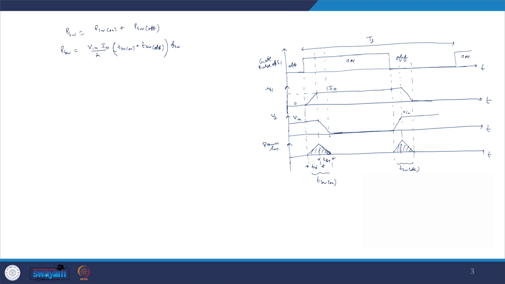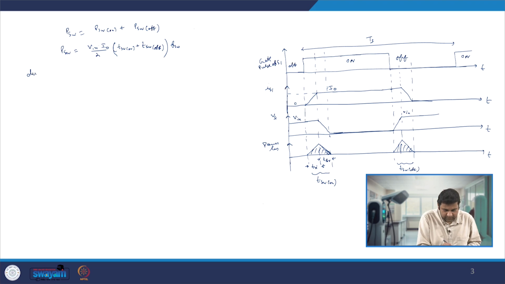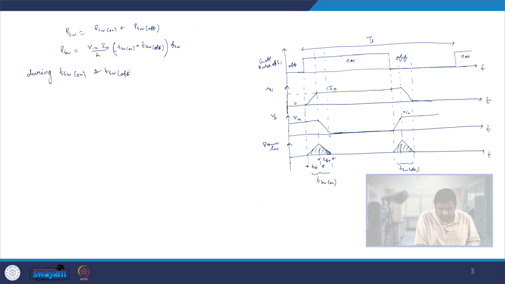Now let us see how our system looks if we take our switching transitions over here. If you look very carefully, the overlapping period, the period during which the current is rising and voltage is falling, is the time during which you will have losses across the device, and that is during the T switch on period and T switch off period. That means the instance during which these voltages and currents are overlapping,